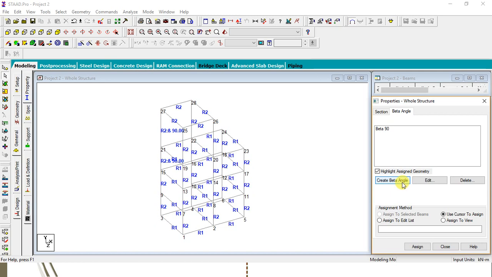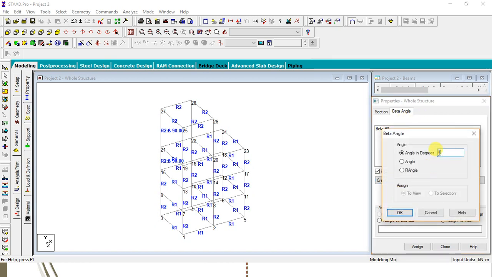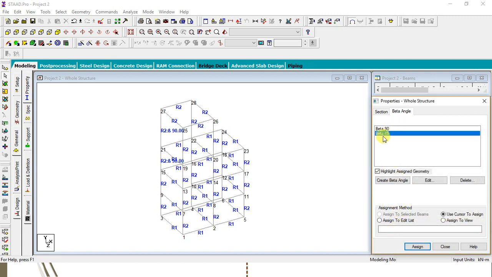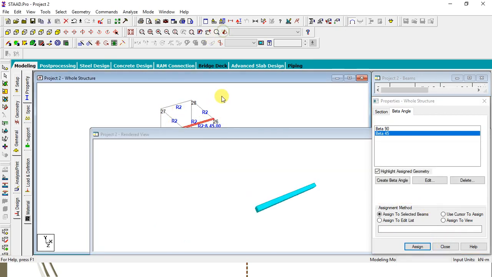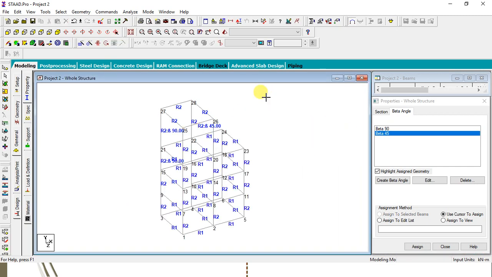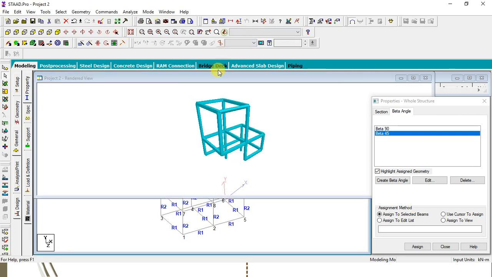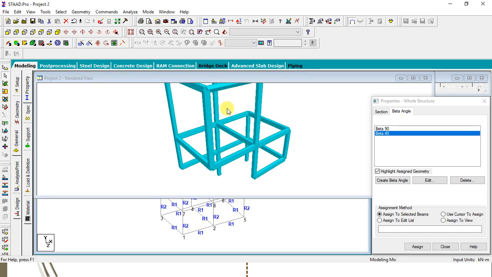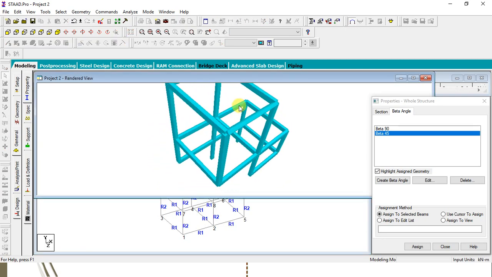Create the beta angle first of all, either 90 degrees or 45 degrees. Likewise, suppose I am creating here a beta angle of 45 degrees. Okay, then beta 45 I am assigning here. Assign, yes. So now you can see in the 3D rendered view that it gets tilted by a 45 degree angle.